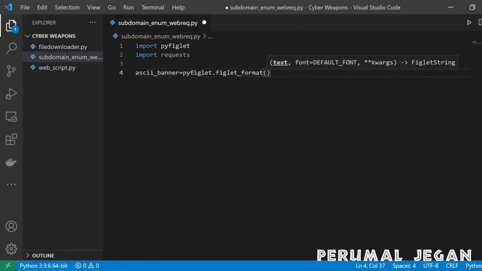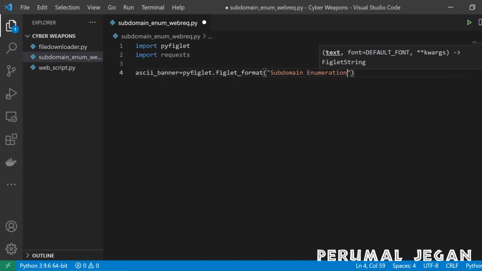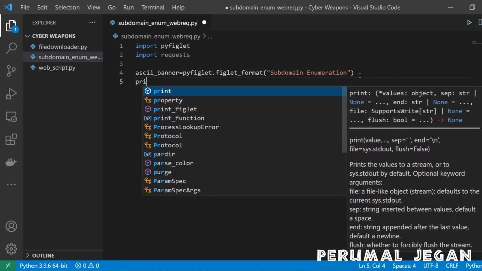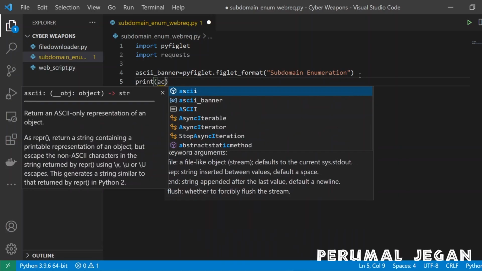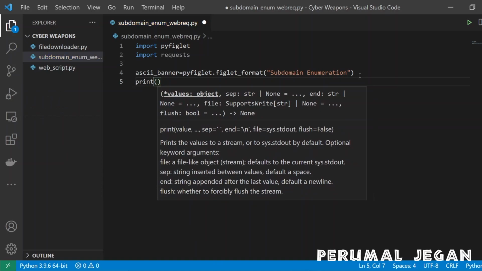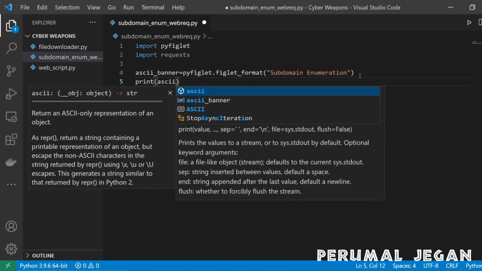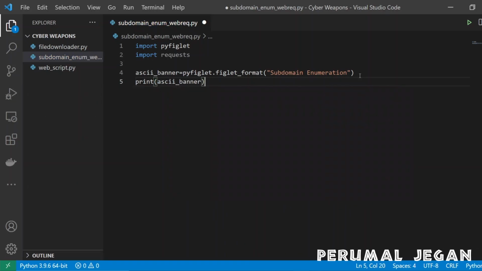Inside the figlet format function, I'm going to mention the text, I mean the script name. It is subdomain enumeration. Perfect. And I'm also printing this ASCII banner. Perfect.